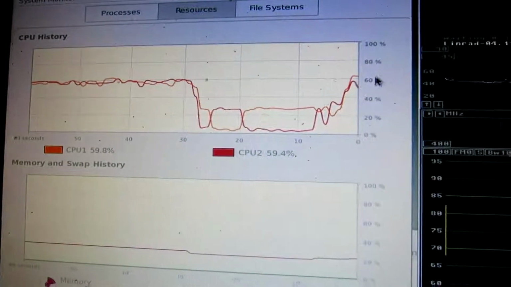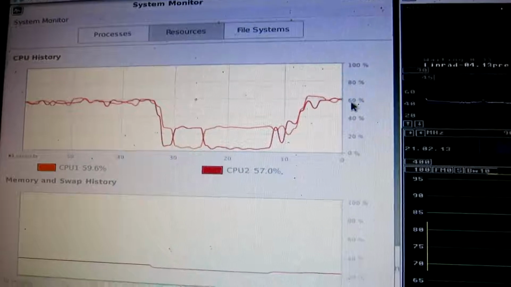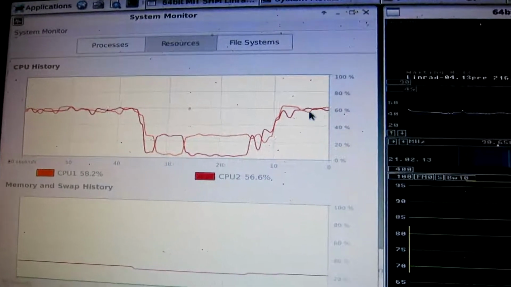We have to wait for a while for the system monitor to actually report what we have, and it's very